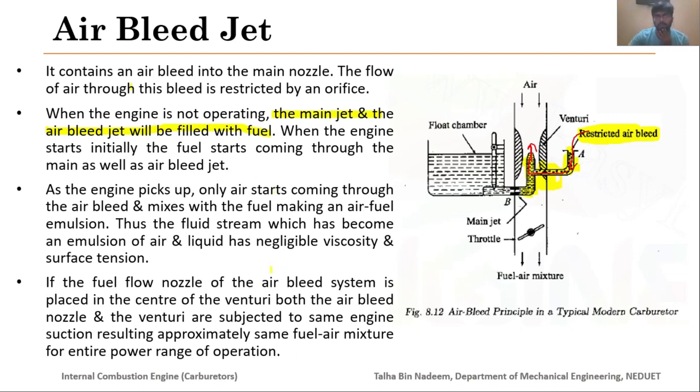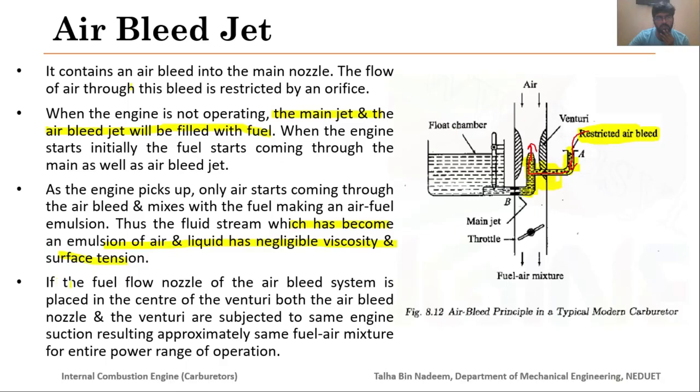And when you increase the engine speed, now only the air will start coming from this restricted air bleed, and here it will start forming the emulsion of fuel and air, and that emulsion would be taken from this main jet to the venturi throat. So as the engine picks up, only air starts coming through the air bleed and mixes with the fuel, making an air fuel emulsion. Thus the fuel stream, which has become an emulsion of air and liquid, has negligible viscosity